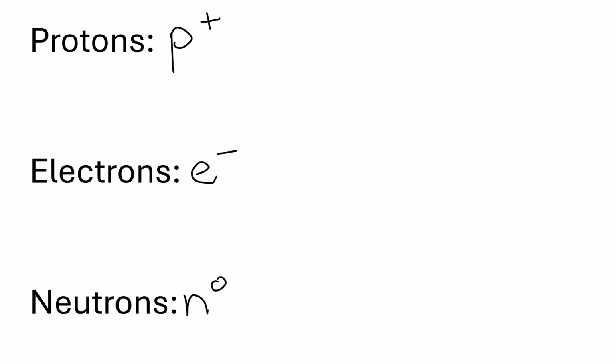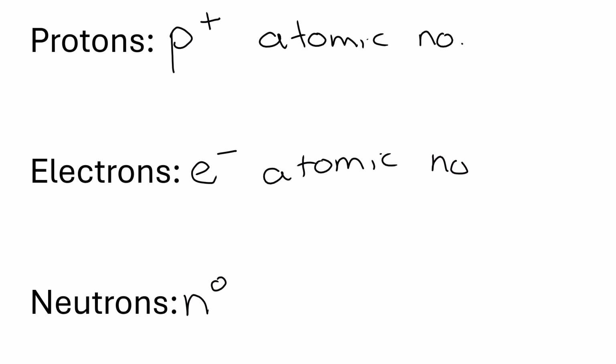You need to be able to calculate how many protons, neutrons, and electrons each atom has to be able to then draw it. You cannot draw an atom without identifying how many protons, neutrons, and electrons there are. Okay, protons and electrons are really easy. Protons and electrons is just the atomic number. Both of them are the atomic number. Okay, and we know the atomic number for sodium, if you looked at the previous one, would be 11. So there are 11 protons in sodium, and obviously then 11 electrons in sodium.